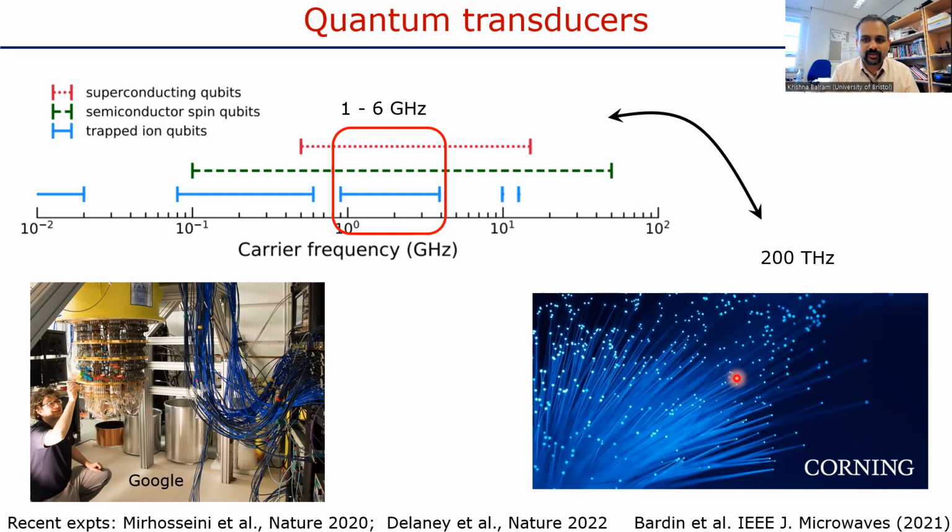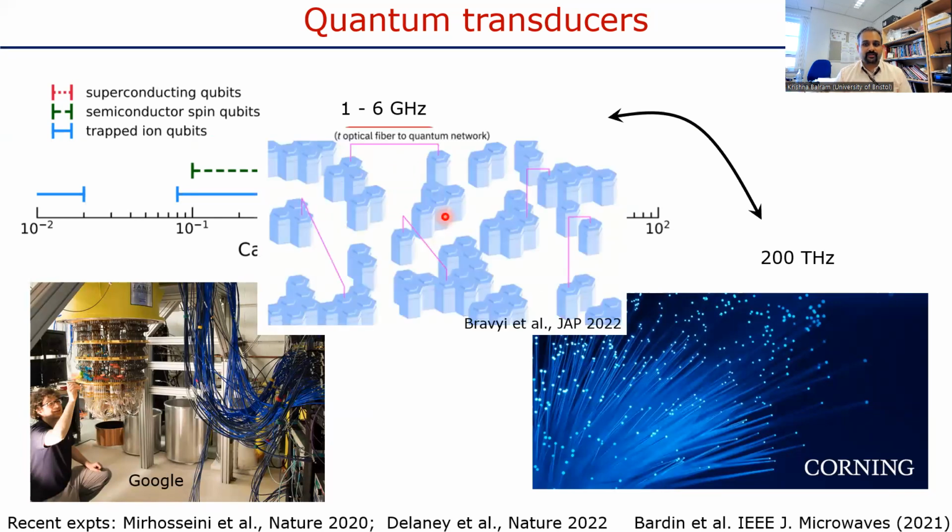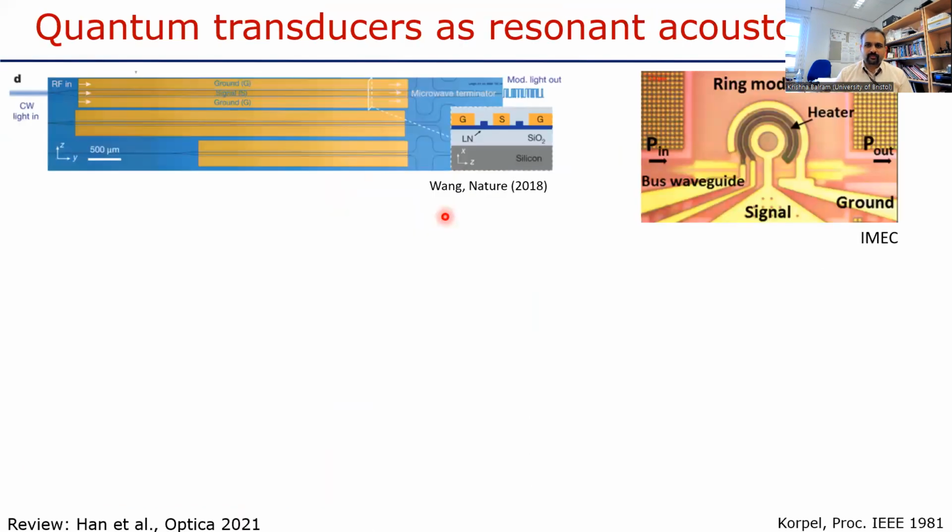So while this problem is usually faced in the context of superconducting qubits, I just want to remind everyone that no matter what qubit platform you're interested in, they all have interesting transitions in the gigahertz frequency range. And currently, these quantum transducers also appear on the roadmap of companies like IBM. So before we delve into the details, it's important to understand why this is an interestingly hard problem and what role acoustics can play here.